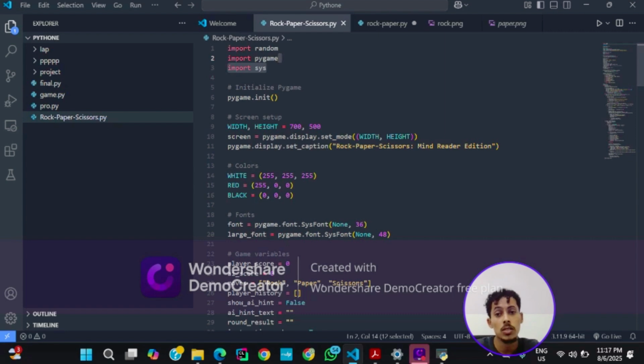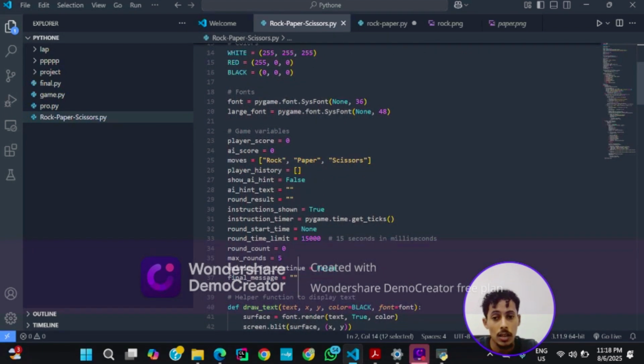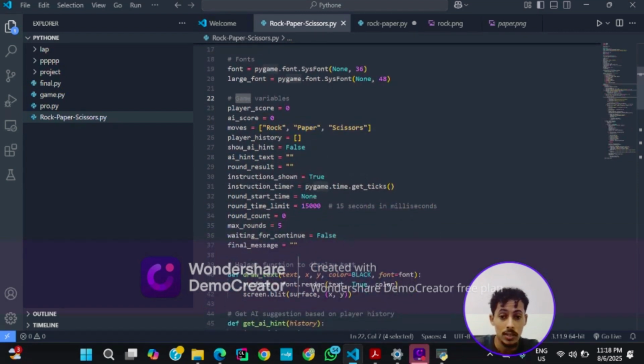We imported these libraries to benefit from them. Here we developed the code for the AI hints. The game variables, like the player score, are variables that we made. Here is the move that you are going to choose. Also here, a help function to display text.